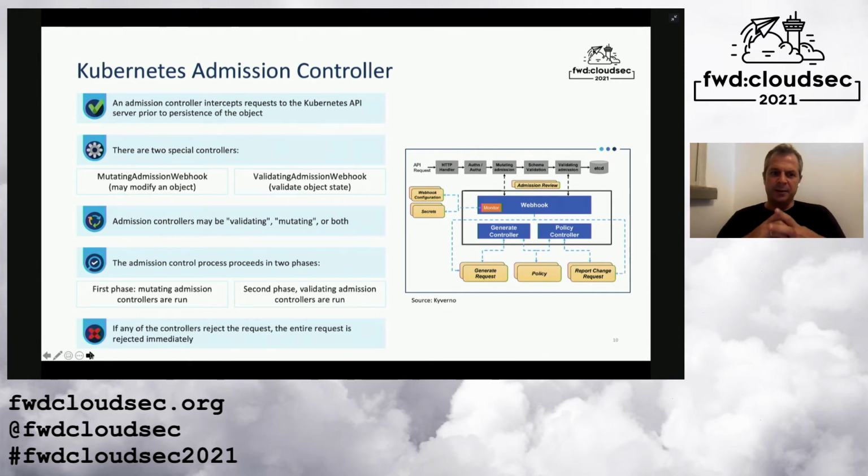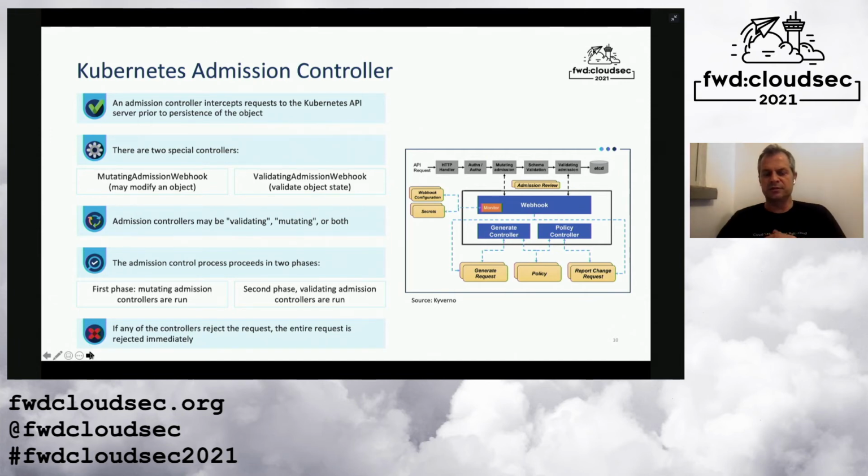So there are two admission controllers. There is the mutating webhook that allows us to modify objects. Admission controllers intercept the API request before it goes to the API server, and you can verify certain things, right? So there is the mutating admission control. It can modify the object based on the policy which is desired, and there is the validation. Validation just validates that it meets the conditions or meets the policies. If it doesn't, it's rejected.